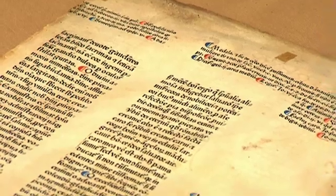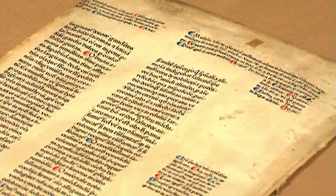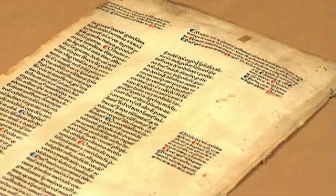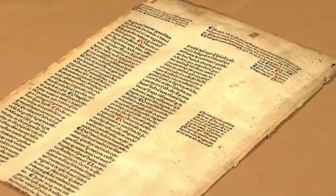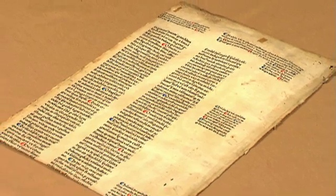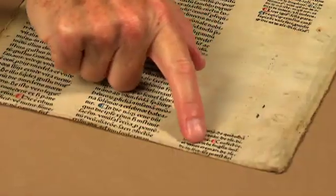But this is a very good example of the fact that printing and illuminated manuscript production were taking place at the same time. When this 1470 Book of Hours was being commissioned and produced, printed books were also being issued. And a person forming a library would have a choice between the newfangled technology or the tried and true way of producing books. This is a vellum leaf, again, recovered from the binding of a book,